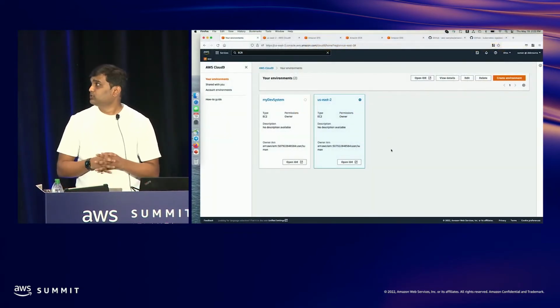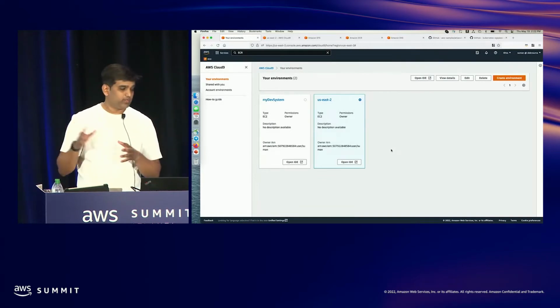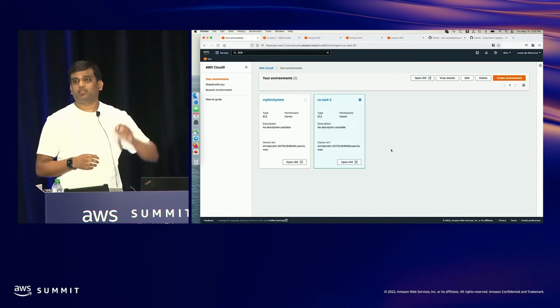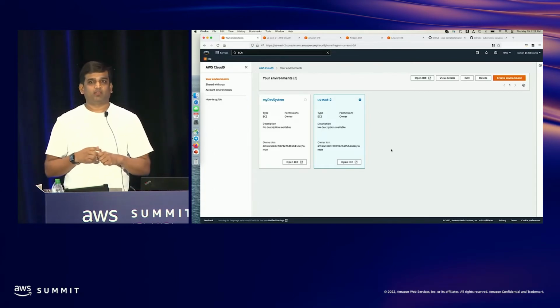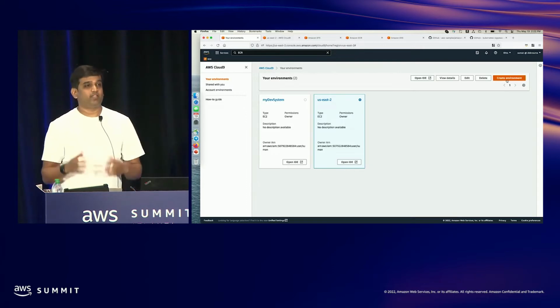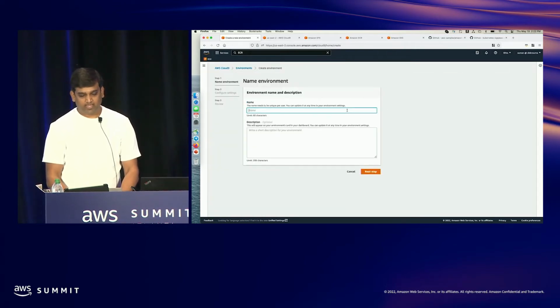All right, so I'm in the Cloud9. We are going to use Cloud9. Have you seen Cloud9 before? Anyone? Okay, I think a lot of people have not used Cloud9. So Cloud9 is an IDE kind of environment which you get on the cloud. So what you can do is you can create an environment here, and you can give any name, let's say my dev